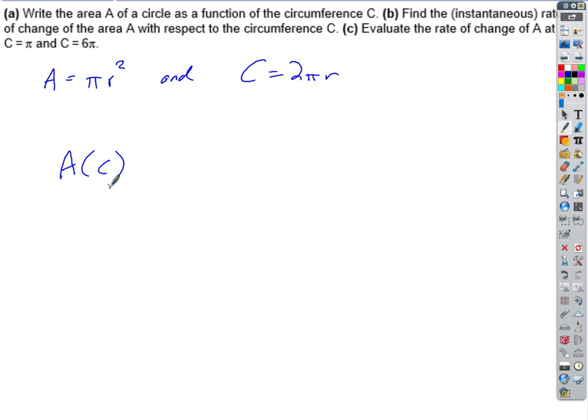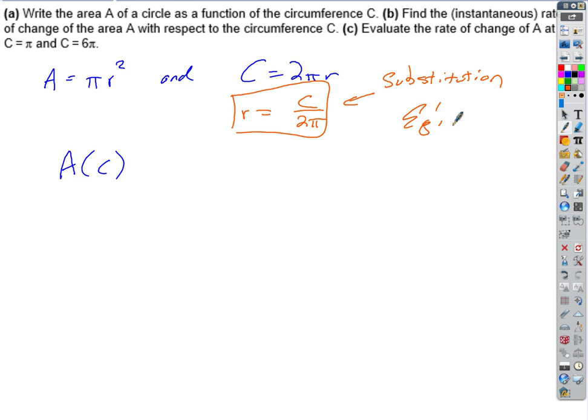No, you're making this too hard. There's a really simple way to do this. I've got two different equations, and they share a common variable, right? You do a substitution. So all you have to do is isolate r in this equation and substitute into this one. You see that? So if we isolate r here, r equals c over 2 pi. That's what we call our substitution equation,